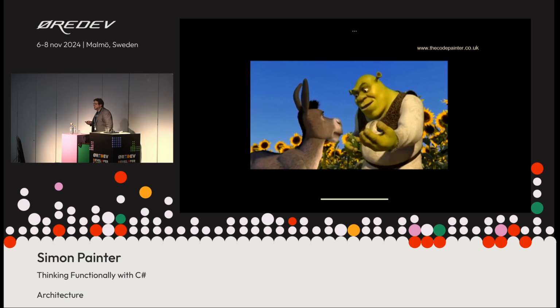Because functional programs, like ogres, have layers. When you are examining a functional program, you start at the outer layer, the results layer, the final "what are we going to get at the end" layer. And if you care to go further, and if you need to change it, you go a level deeper and a level deeper until you find the level that you actually want to work in, and that's where you start